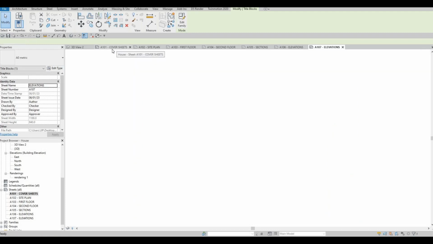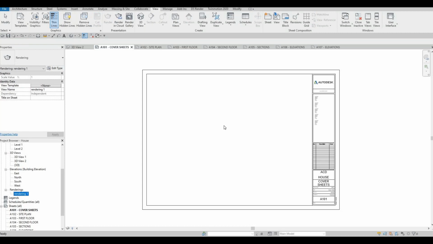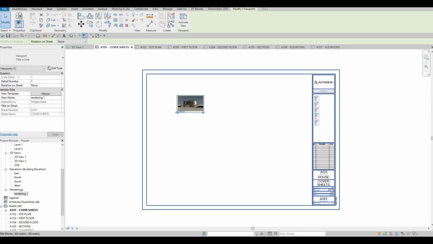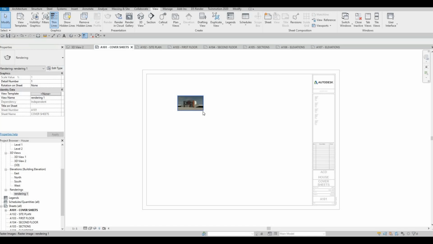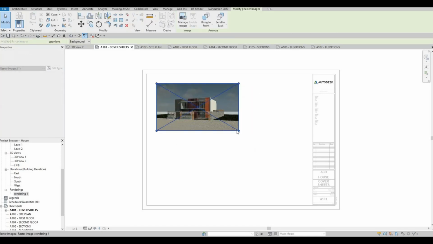So in the cover sheet, let's go there. We could just drag and drop this one. So drag and drop, select it right there, select it again, and then here we could change with no title for the viewport, and then double click on this. You'll be able to stretch it, and as you can see, because it's a rendering,